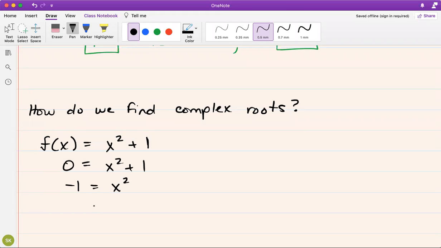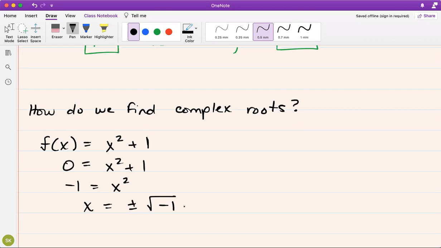Previously, we would just say there's no solution. And when I said no solution, what I really meant was there's no real solution, which means there's no real number that we can plug in for x to square it and get a negative. And that's what your calculator will do as well. If you took the square root of both sides,